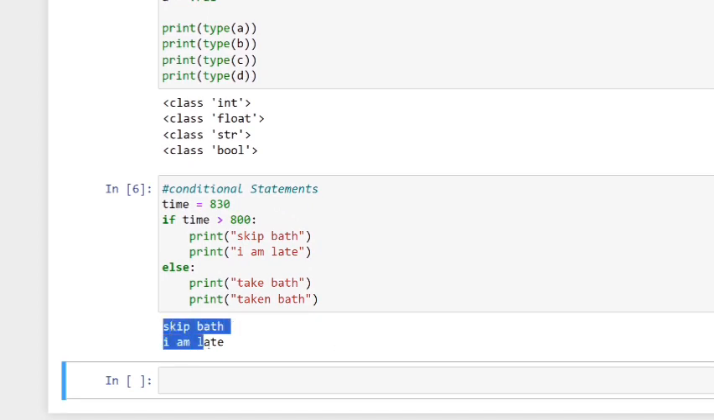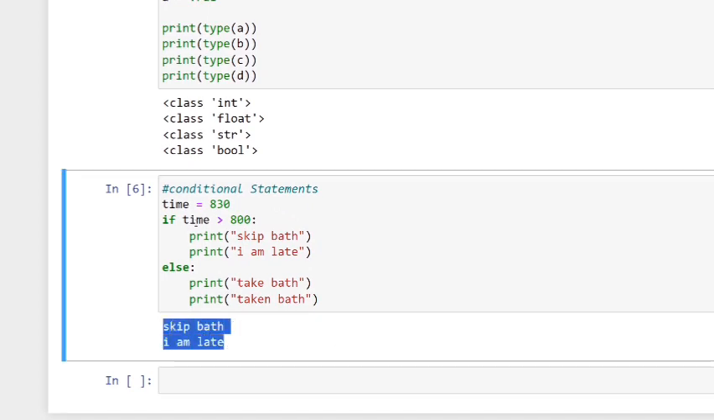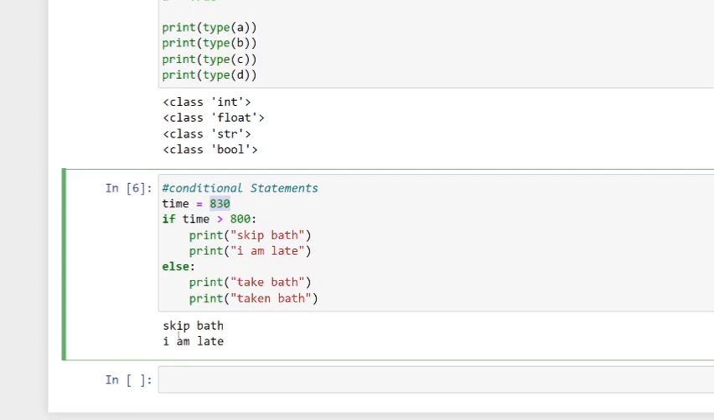And I've done this. You can see the code. Now 8:30 is greater than 8 o'clock, so the statements under the if should run. What are the statements? Skip bath, I am late, which is kept after some space, that will run. Okay. Now I hope